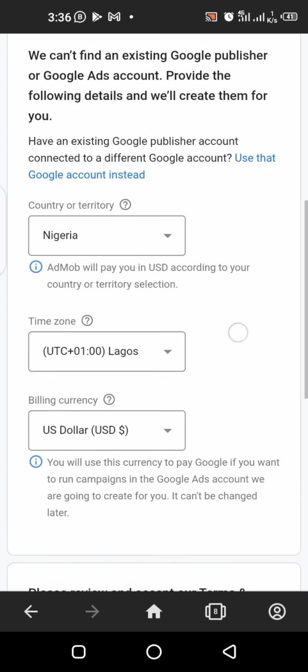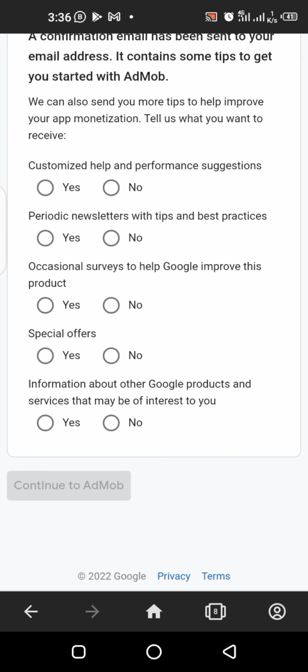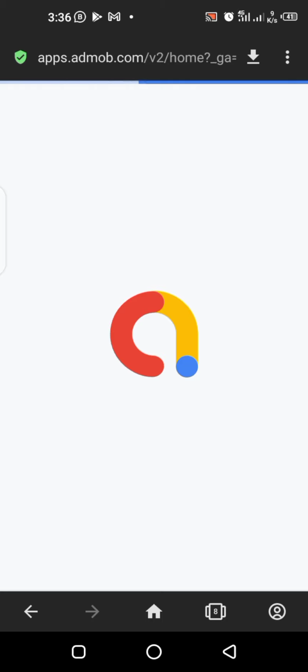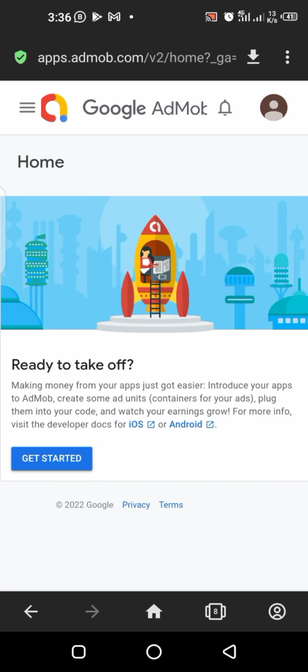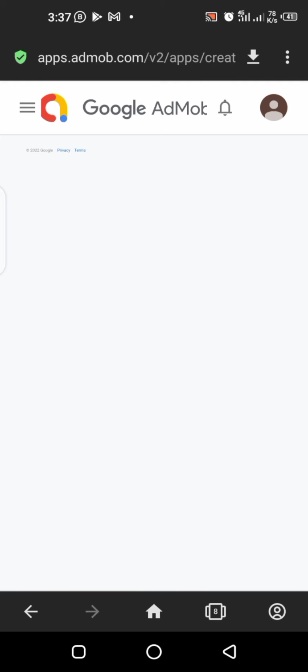Select the currency, the time zone, then the terms and conditions. You click I accept, then click create account. Tick yes. Continue. Okay, this is our front page now. Some of us get it wrong when it comes to this page. This is what I got to do. First of all, when you click on get started,